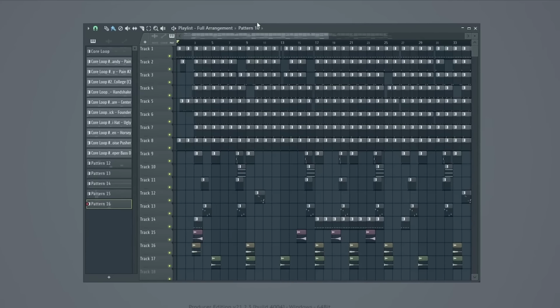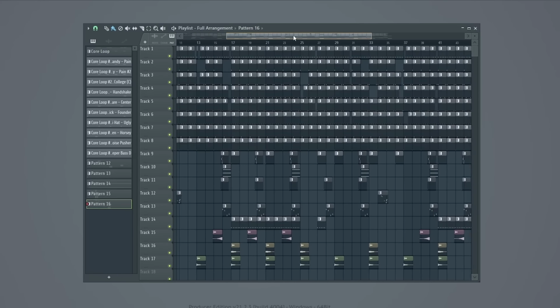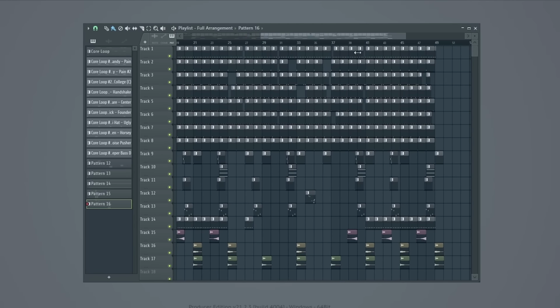So now that I have all my pieces, I will turn this into a full beat. But it will become a game of removing different patterns and ideas to see what sounds good and when. And so this overly busy core loop will become much more balanced as I do this.